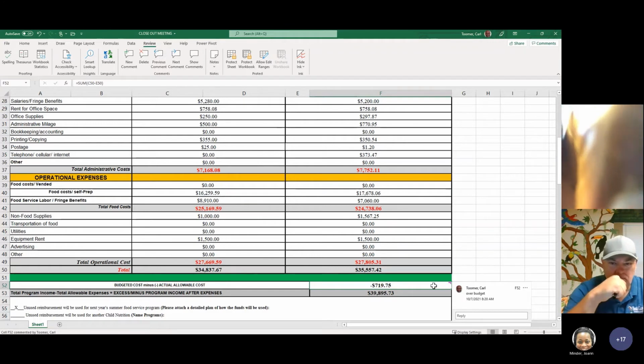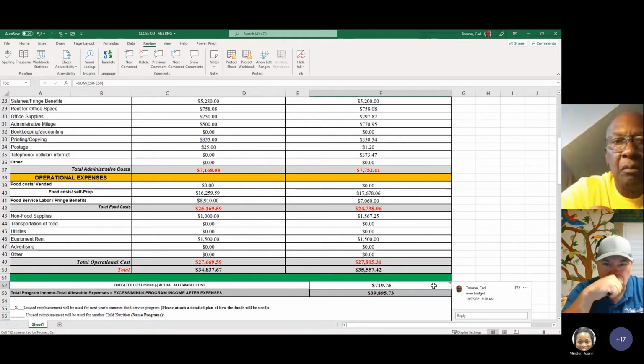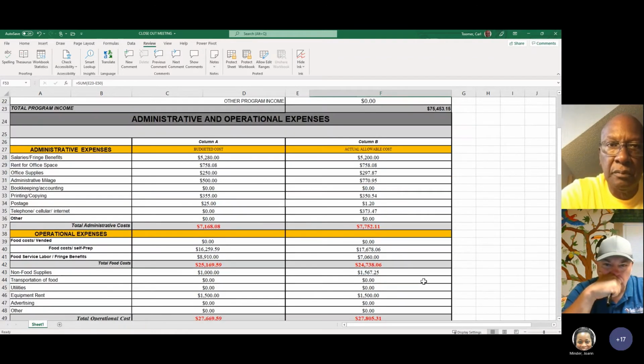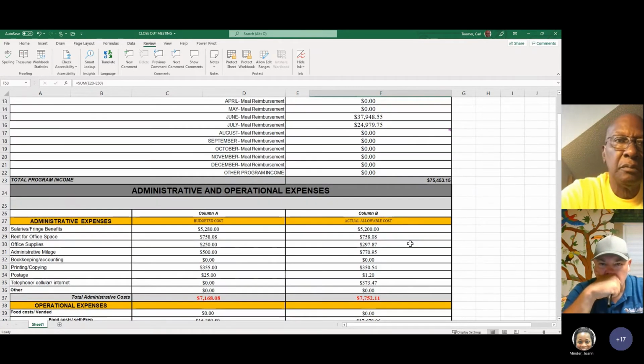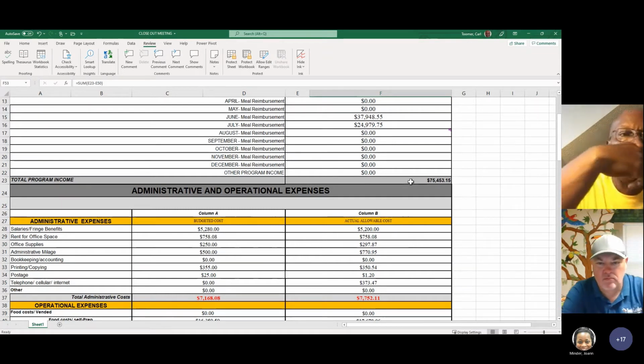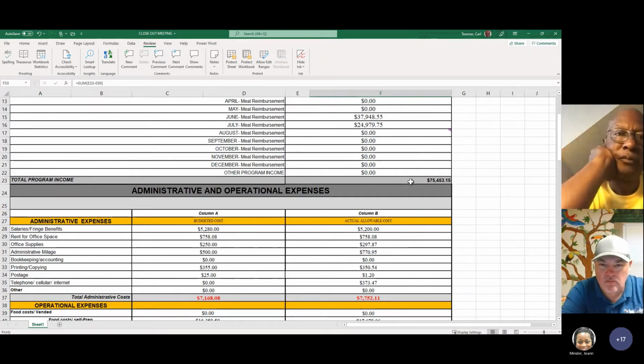And the next line, 53, your total program income minus your total allowable expenses equals excess program income after expenses. So what we do is take this line here, and this form is already set up to pre-calculate all this information for you if all the formulas are in the right place. You had a total program income of $75,000.